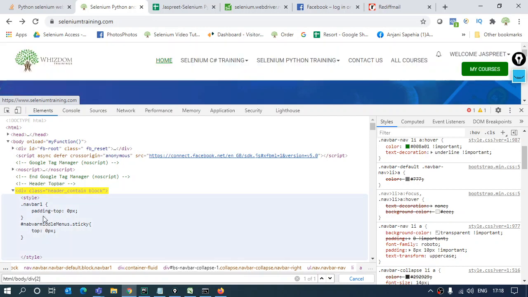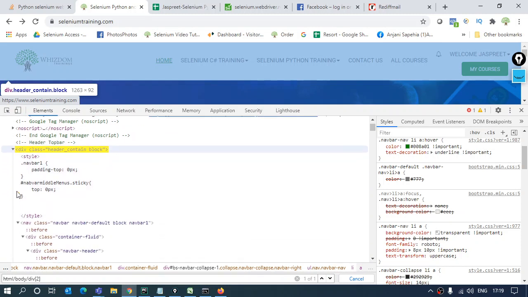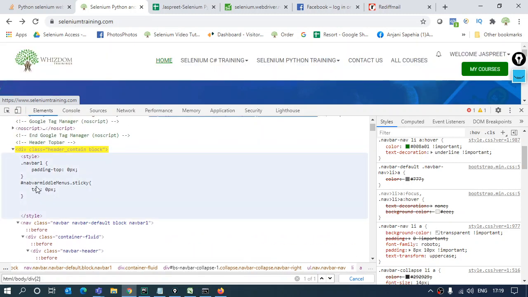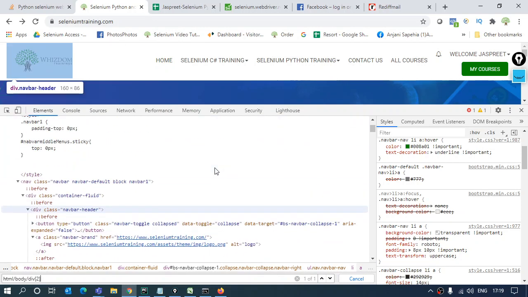The tag names matter a lot over here, so you need to be careful. If you give a script tag and then you go on, it's not going to work. The tag names matter a lot, so be careful. Now over here I am in the div tag. After this div tag, where I want to go, where is my home link? Let me just have it above. This is not going wrong, no issues.